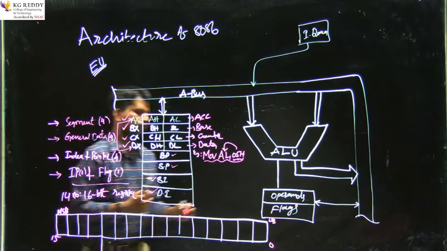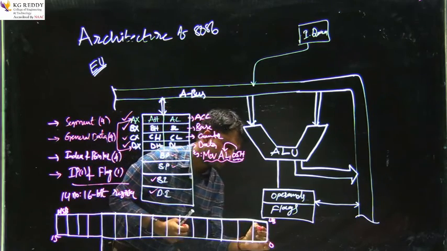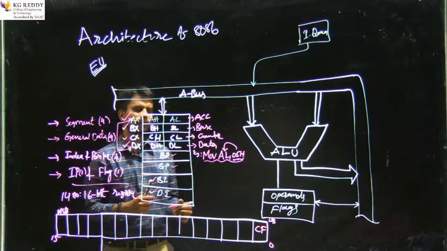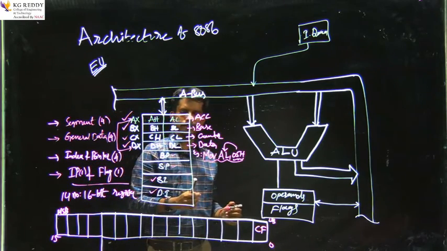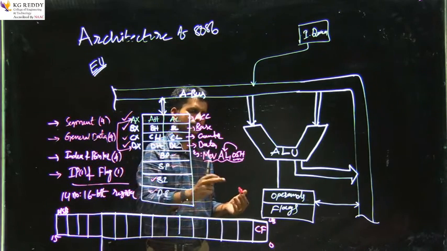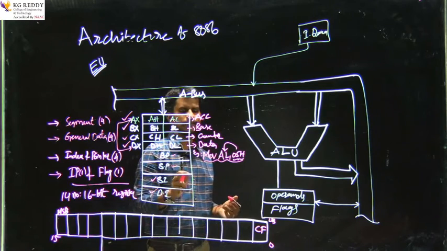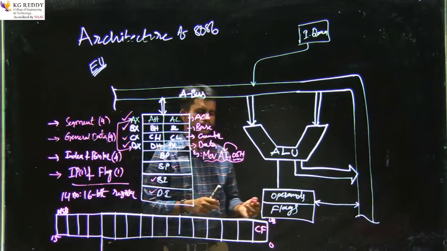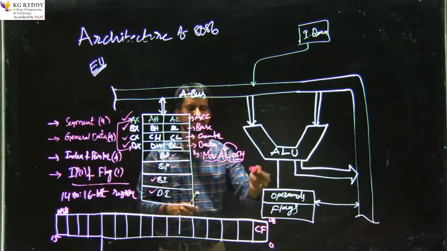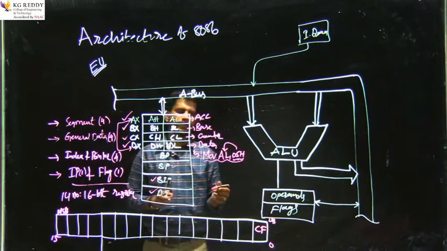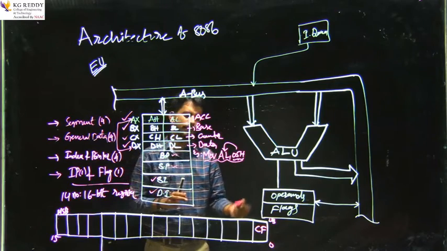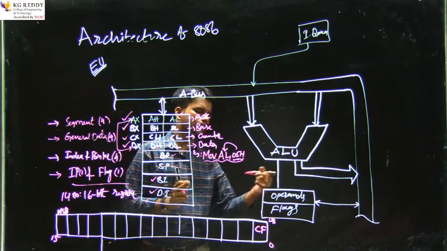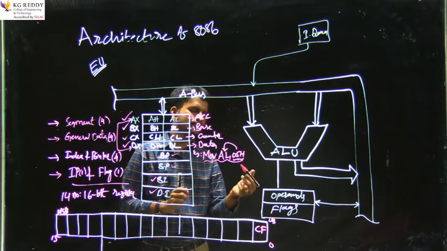Right. The first bit field, the LSB bit field, is used to represent the carry flag. And everyone knows that for every 8-bit operation, if we get a carry over to the 9th bit, this is called a carry. In general, in any arithmetical or logical operation, if there exists a carry from the 8th bit to the 9th bit, this bit field will be enabled. Enabled means set to 1. Then it indicates there exists a carry.